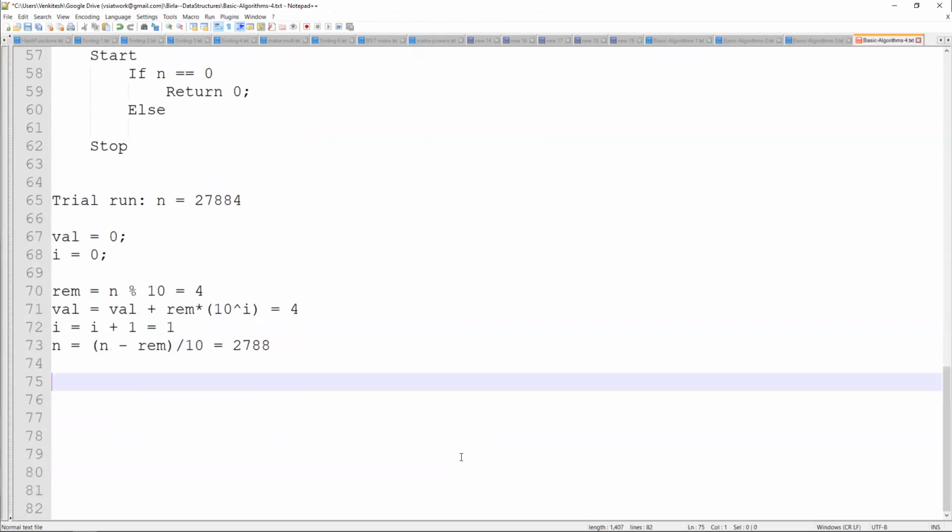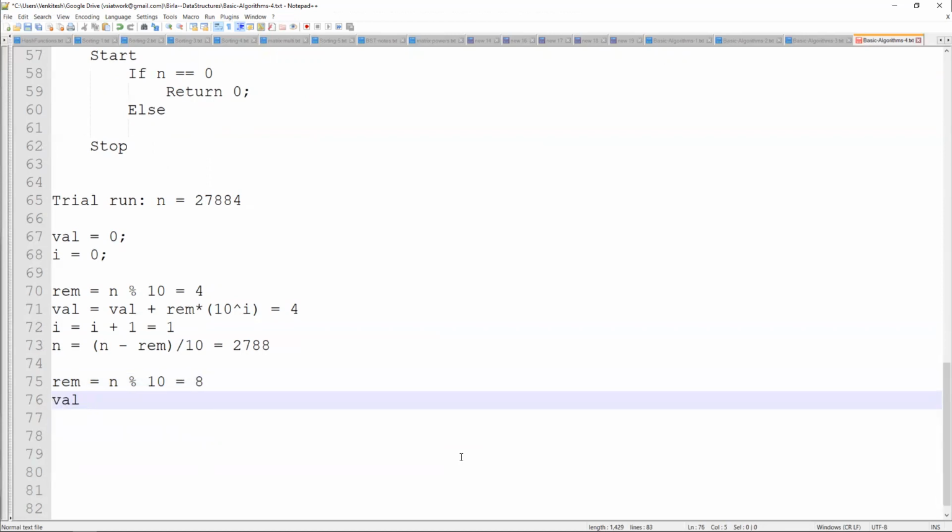Now look at the second cycle. I'm going to repeat the same steps. Now I'll say rem is equal to n mod 10. What is that equal to? The value of n now is 2788, so mod 10 is going to give me 8. Then I say val is equal to val plus rem into 10 to the I. But now I is equal to 1, so 10 to the I is 10. So rem into 10 to the I is 80. And value was 4. So 80 plus 4 is,